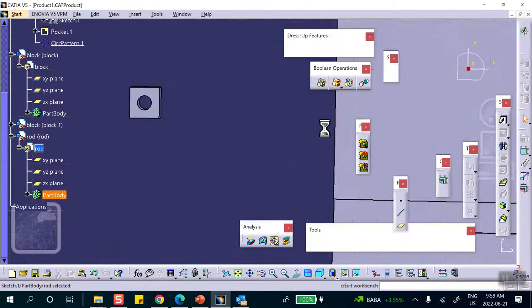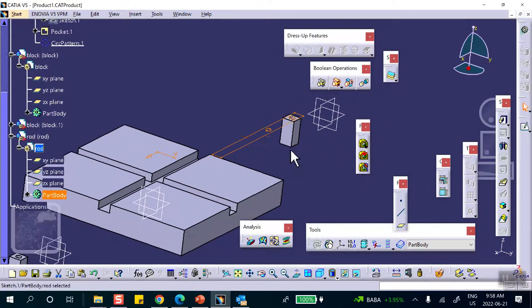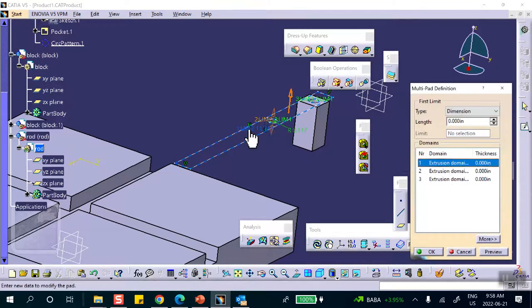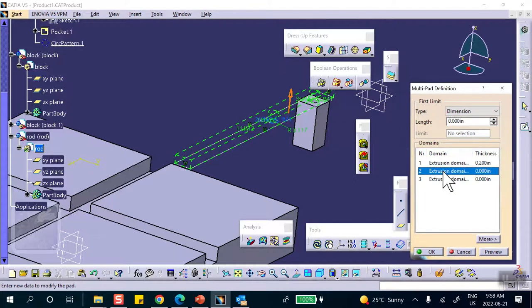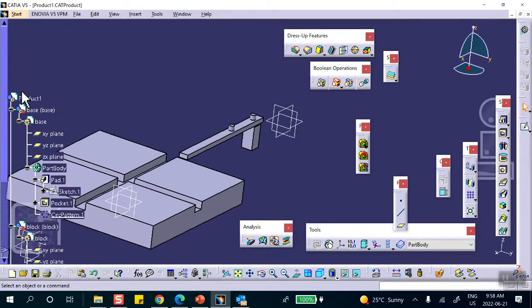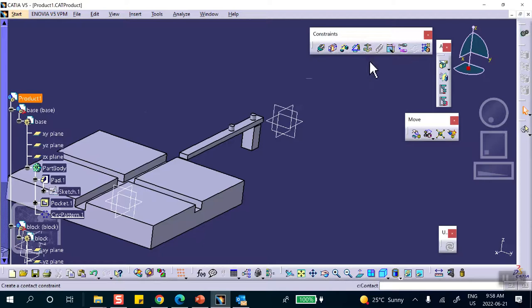Exit. Now I want these pins to stick out of that, so why don't I do a multipath? You can make this thing any way you want. This is the big rod itself, so let's make this thing 0.2. And these are the little pins at the end. I'll make it 0.4 and 0.4. If it's too much of a hassle, just go make something like this. All right, good. So we go all the way to the top, save everything,